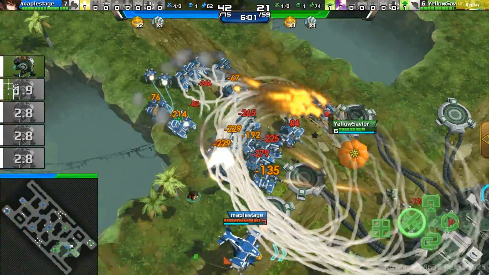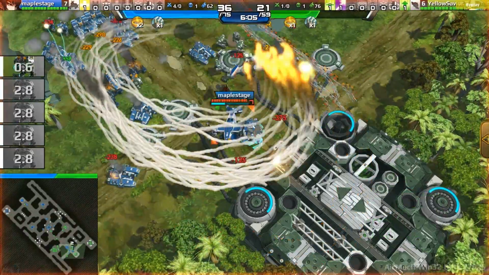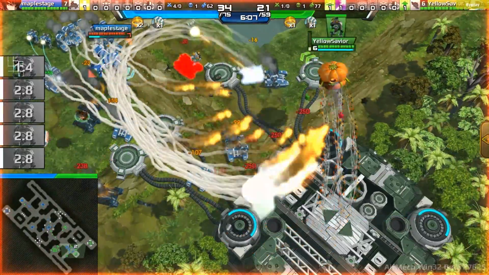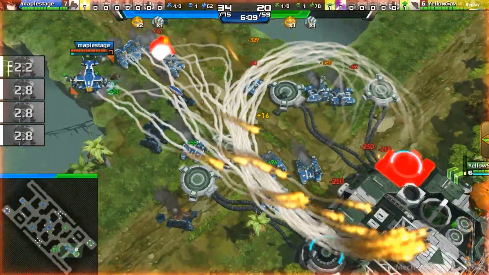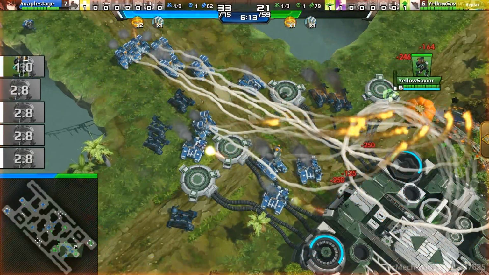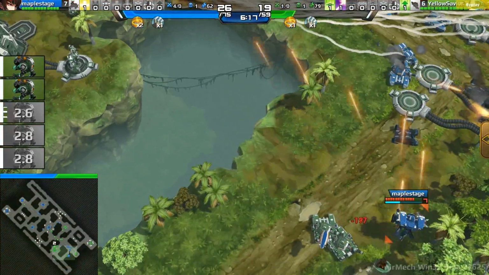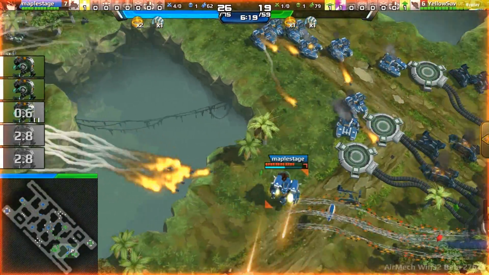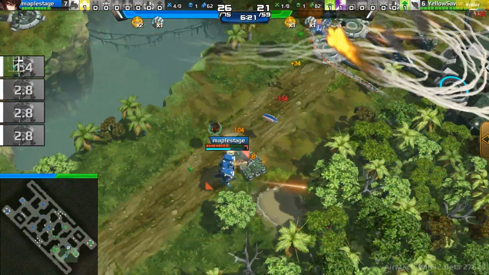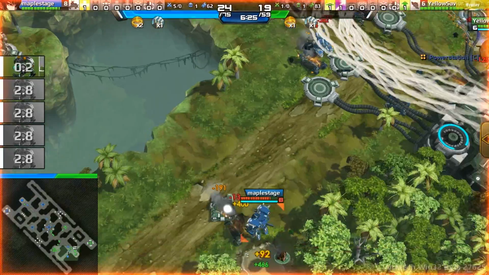Oh, this might actually work, to be honest, because unless maplestage switches them to C, they will actually all get completely slaughtered because they will just focus on the fort and not try to kill the boomers surrounding them. But YellowSavior just trying to spam more and more boomers out, just Seekers now, and just avoiding those Seeker missiles like crazy. But the death sound going down on the fort of YellowSavior, and maplestage just dealing with random Longhorn